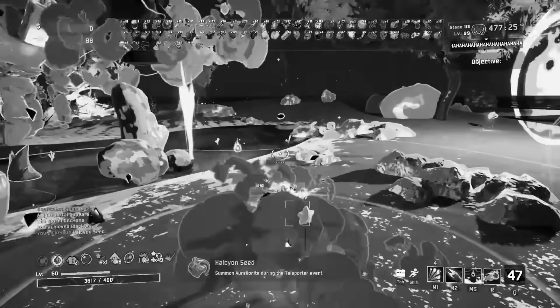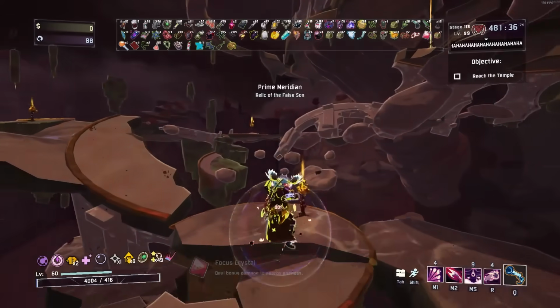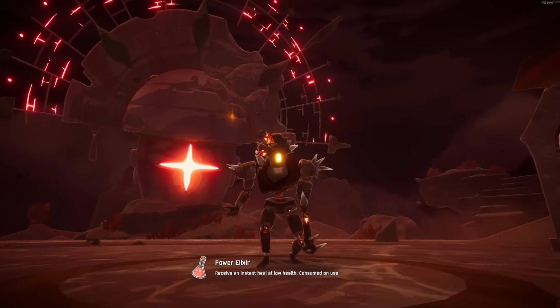After Aurelionite, I grabbed the Golden Seed and traveled towards the Prime Meridian, where I would fight the False Sun boss and finally unlock him as a playable character. I traveled to the top where I'd finally face him in combat, and...